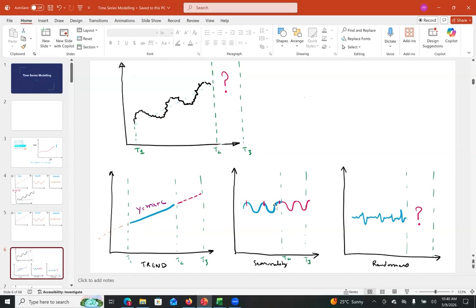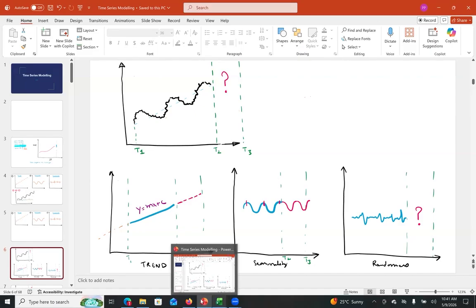To predict. What is your guess? To predict trend and seasonality over the period of time. Very nice, Keshav, right? So we need to predict the trend and seasonality. How do we predict this? By regression, right? If it is a line, the best way to predict it is going to be regression.